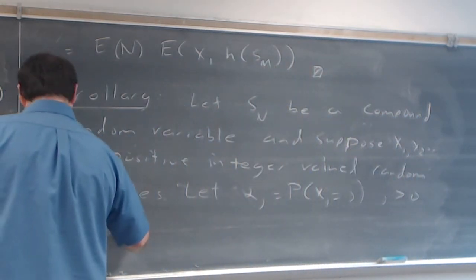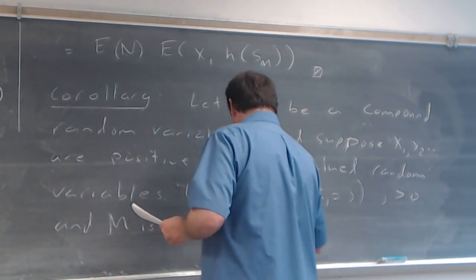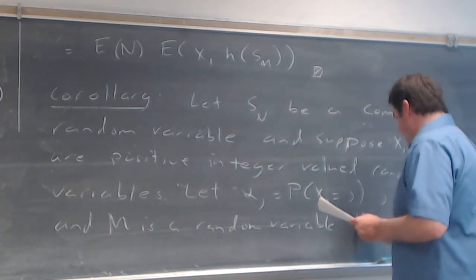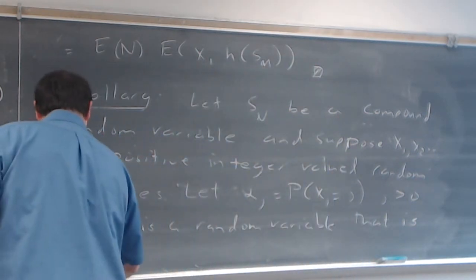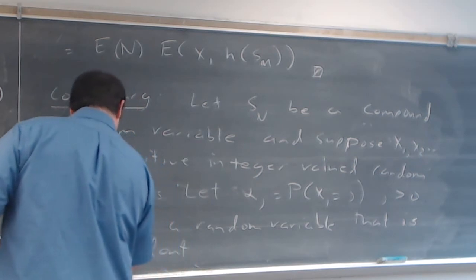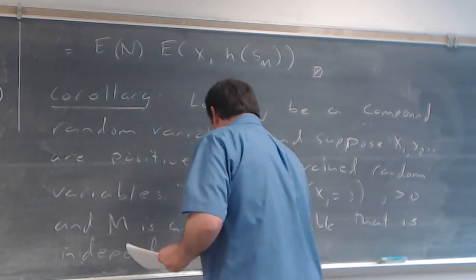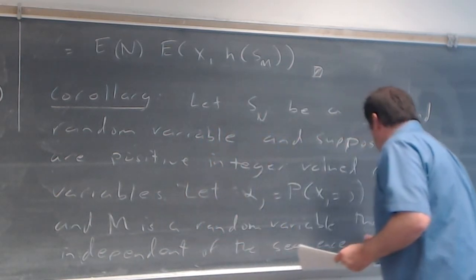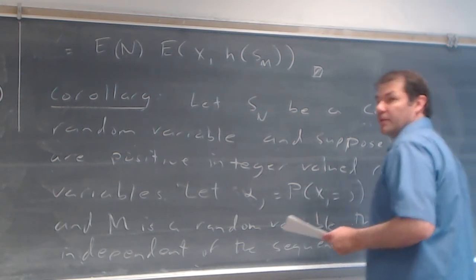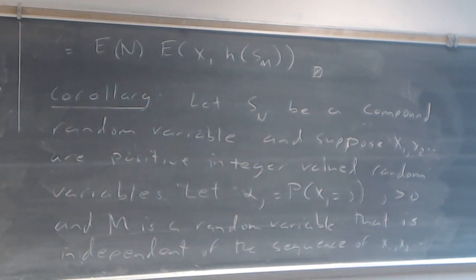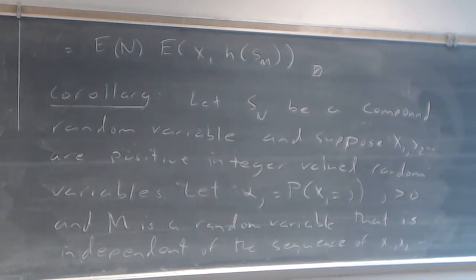And, this is not notation, m is a random variable that is independent of the sequence of x sub 1, x sub 2, and so forth. Then,